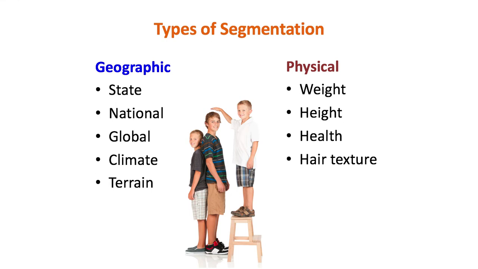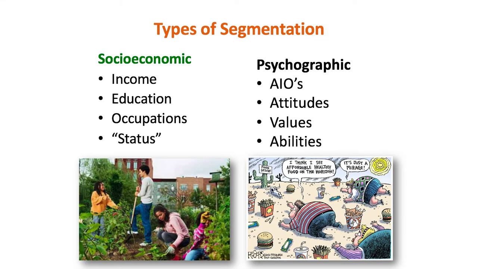Physical characteristics or attributes refer to products and services that are unique to things such as age and gender, and can get even more specific to include medical conditions, height, BMI, hair texture, and more. Socioeconomic segmentation refers to segmentation related to, of course, your social or economic status, such as workplace wellness or high-end coaching or health outreach clinics in more urban neighborhoods.